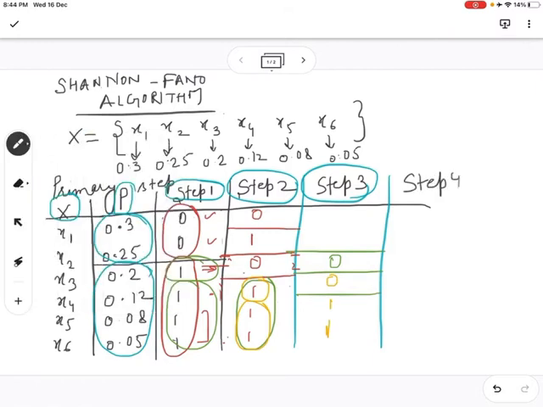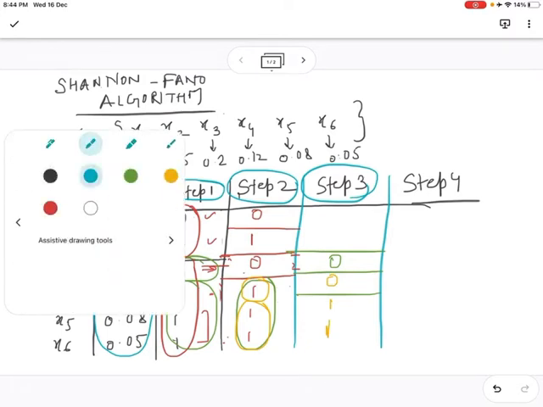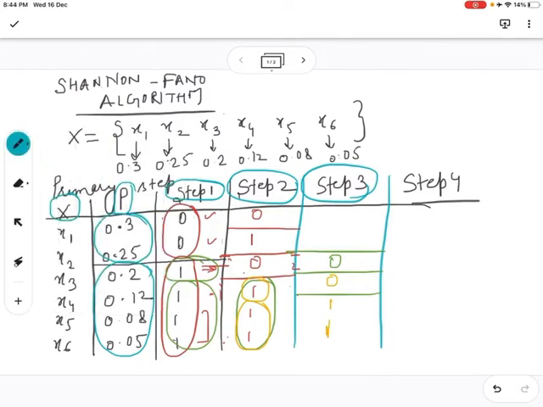It's very easy. I'm just slowing it down so that you can understand it very clearly. Otherwise it is very easy. If you're going to do it on your own, it will be done within a few minutes. Okay, now this is done. For x1 it is done, for x2 it is done, for x3 is also done, x4 is also done.